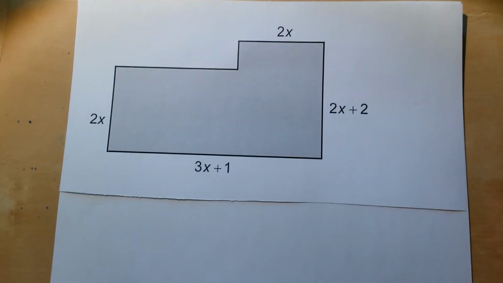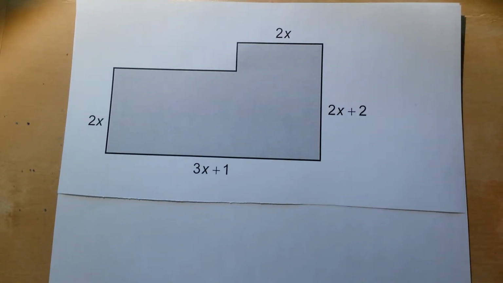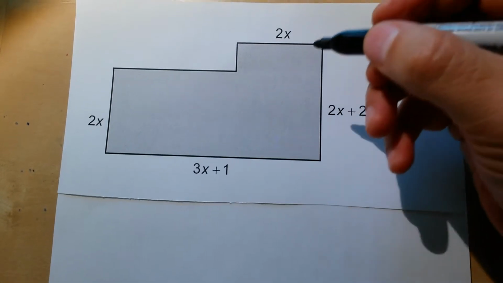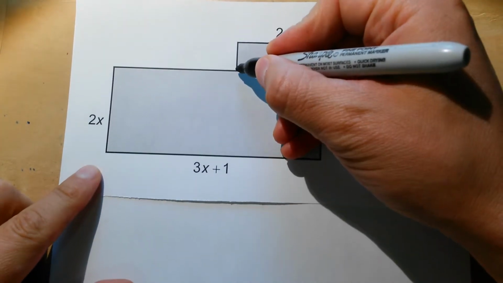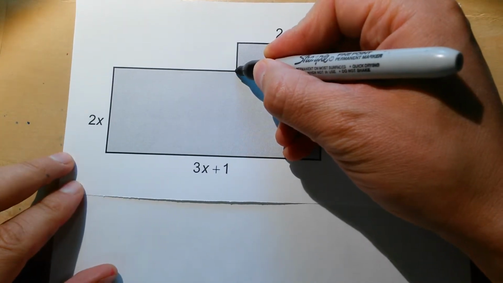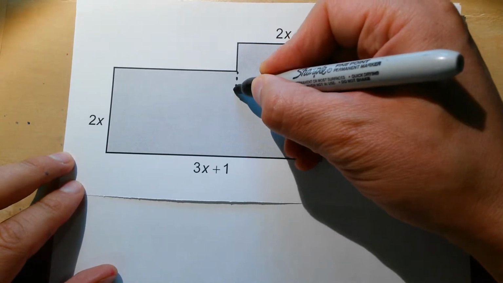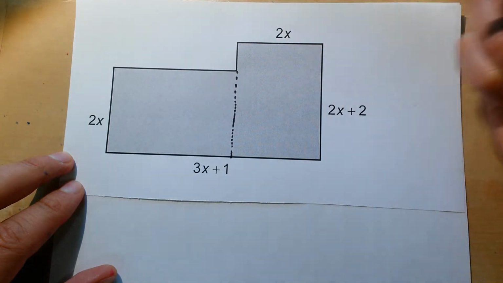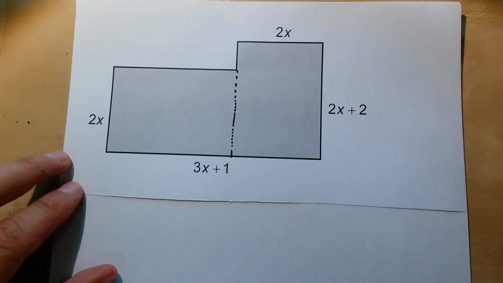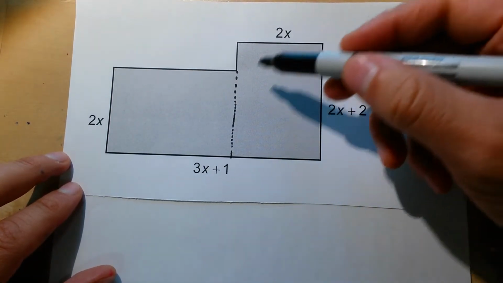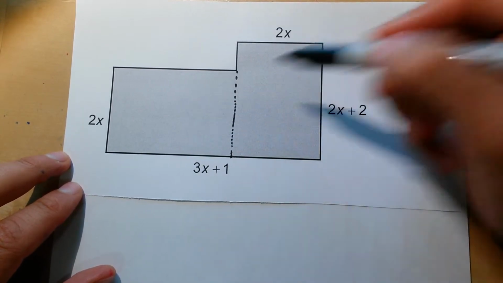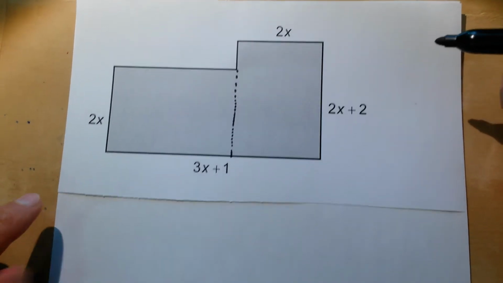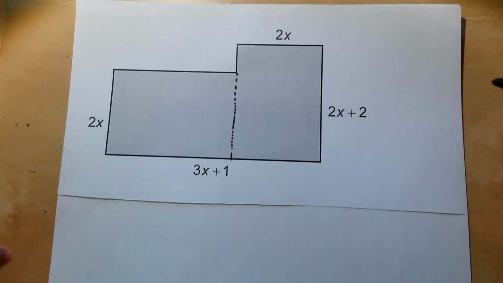So it's a composite figure made up of two rectangles. So let's divide this into rectangles. Let's see if we can figure out what the rectangles are. I would say it's pretty obvious like this. So you can extend this, right? And then we can add this area plus that area and that will give us the total region, right? However, we still need to find